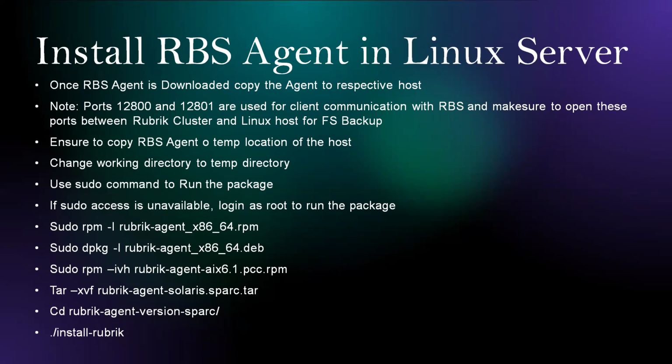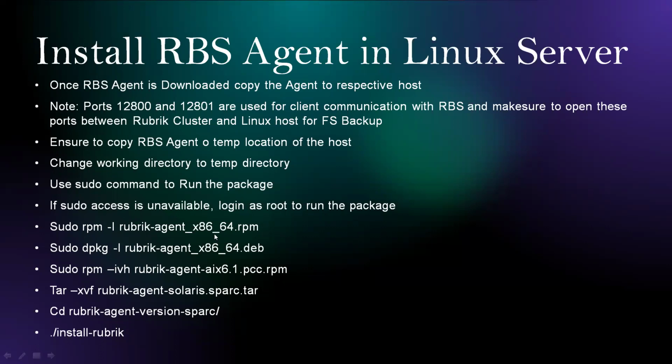Once we have downloaded it to the temp location, change the working directory to the temp directory. Here we should use the sudo command to run our RPM package. If we don't have sudo access, we should log in to the server with root admin privileges. So once we have logged into the server and moved to the temp location, from there we can run the installation command, sudo rpm